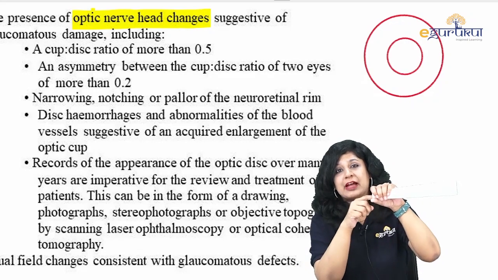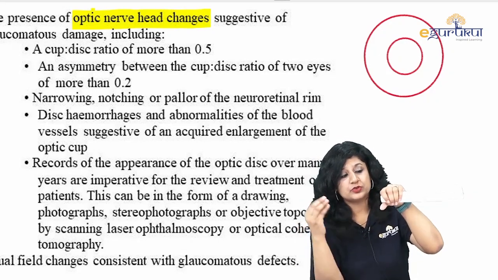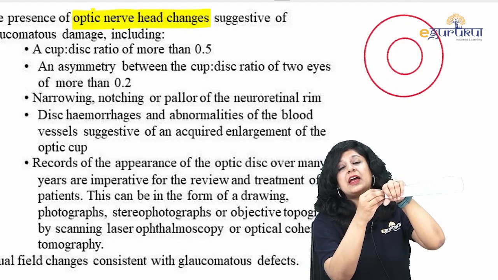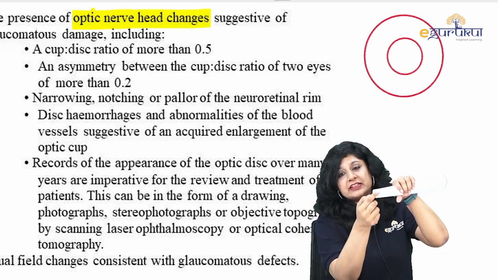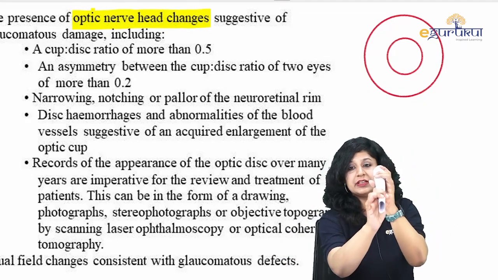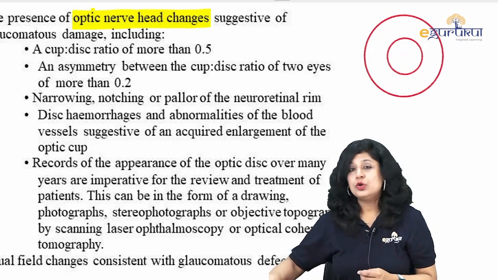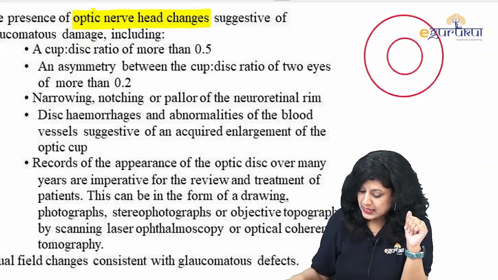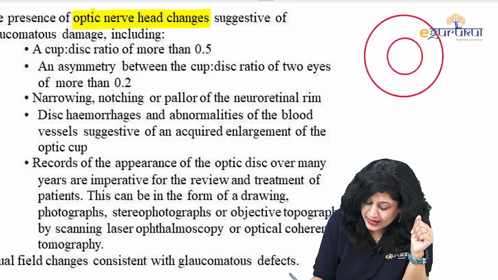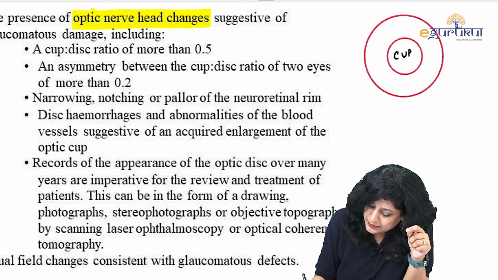So we have got so many fibers here, 1 million fibers, or specifically speaking 1.2 million fibers. So these million fibers are going. They are making perforations in the sclera and they are going out. And in the center we have got this hollow depression. Can you see this? In the center we have got this hollow depression. So actually this hollow depression is called a cup, where I do not have any fiber, and that is why, if you look at the nomenclature, this is your cup and this is your disc, right?